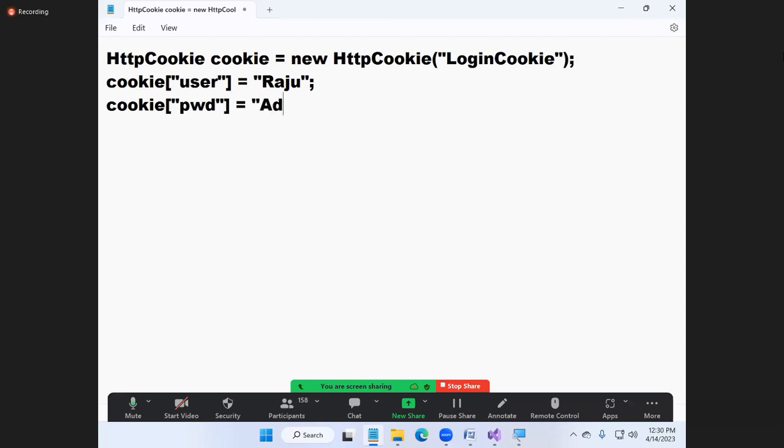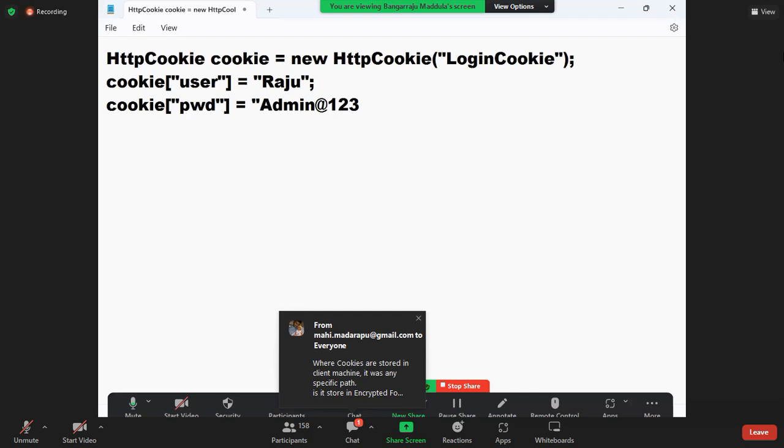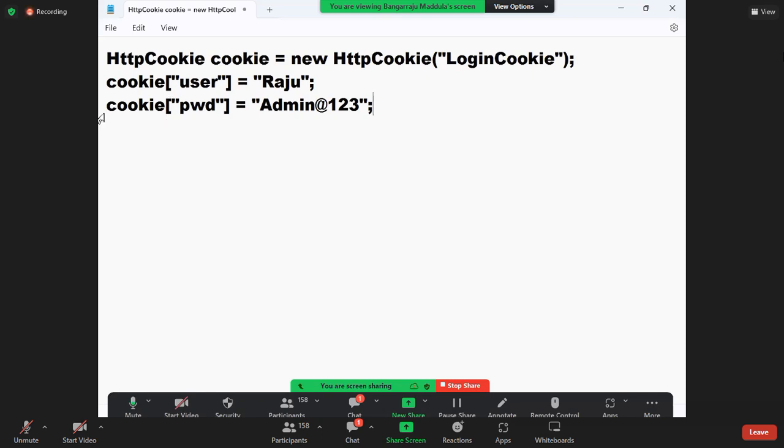Suppose the password is admin@123. Are you clear? Okay, admin@123 is the password. So this is a cookie now. We have created a cookie, and under the cookie we stored two values. Two, three, any number of values you can store, no problem.